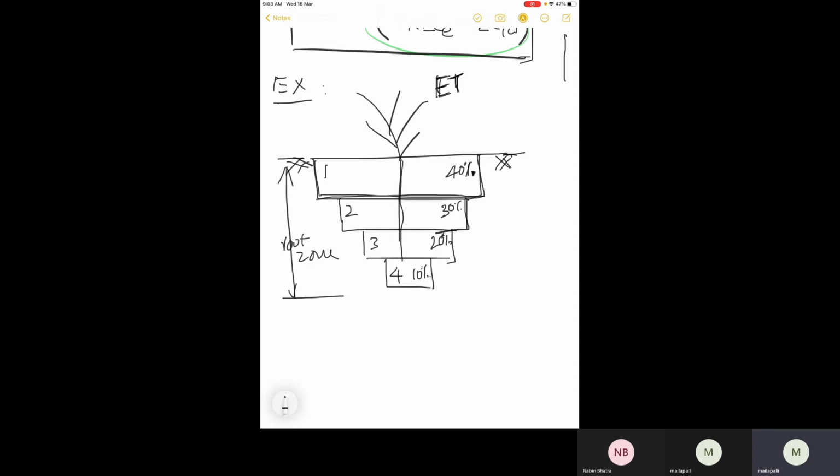So this is the theoretical conceptualization, like 40% from the first, 30% from second, 20% from third, 10% from the last quarter. If you consider the soil root zone as 1 layer, you can again divide that into 4 layers. So in the problem,